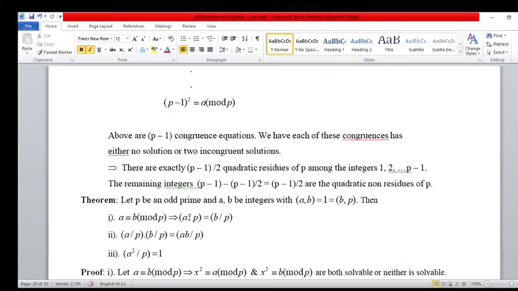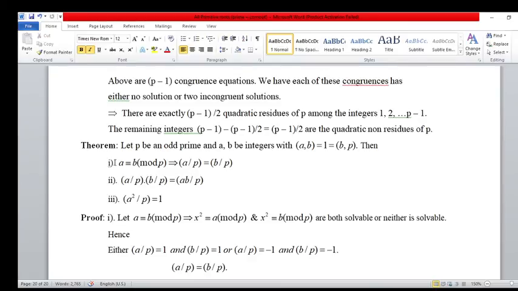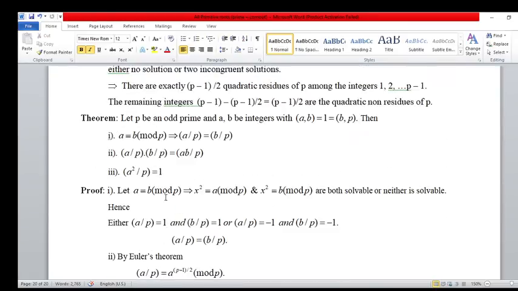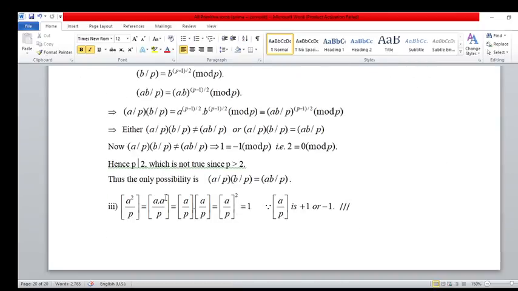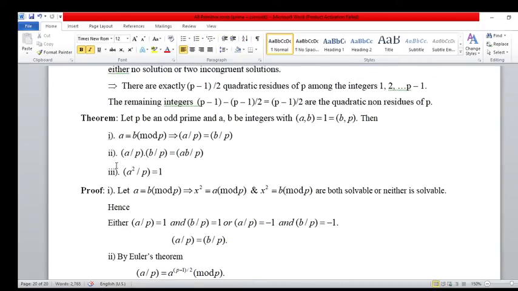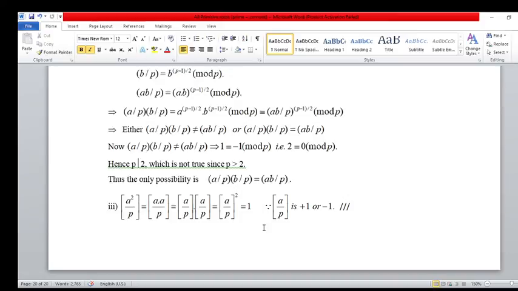This time this theorem is complete. The first condition is important, the second condition also, and the third is usable for objective questions. So our theorem is complete, and today's lecture is complete.